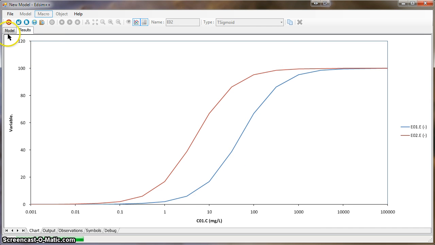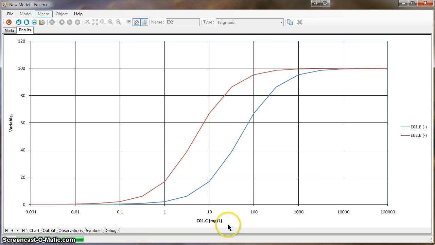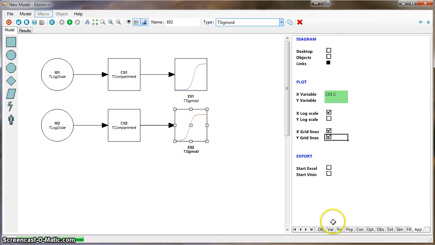And I'll make it a little bit easier by switching on the grid lines. So both the X and Y grid lines will be switched on. So you can see here with the blue curve, we have an EC50 of 50 milligrams per liter, and now with the second one we went down to 5 milligrams per liter. So let me restore this EC50 value